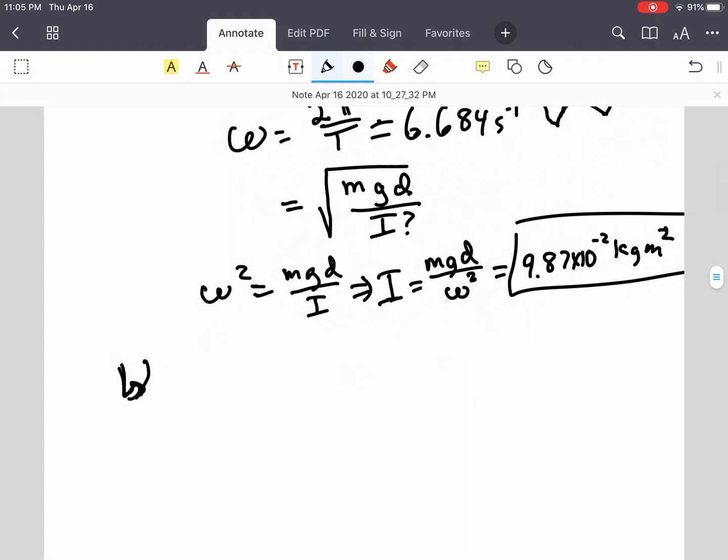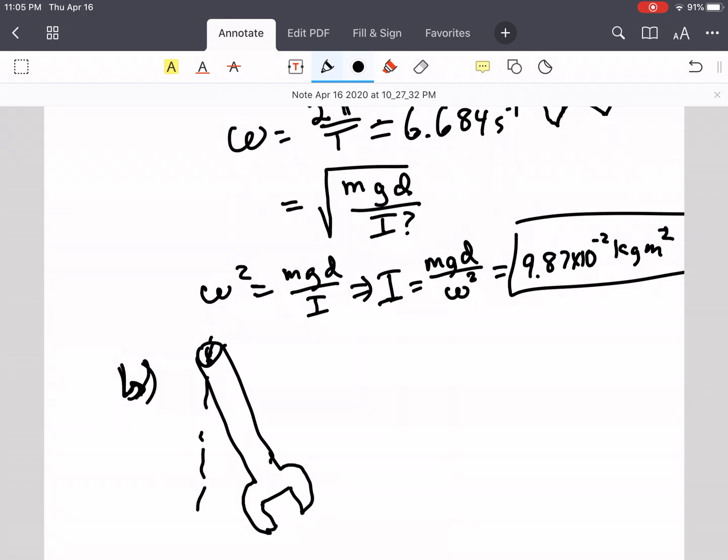Part B says I take this monkey wrench and I start it out at an angle. Let's see if I can draw it better this time. I'll be embarrassed if you guys think I don't know what a monkey wrench looks like. I actually don't know what the monkey in monkey wrench means, but let's assume that I can at least draw something that vaguely looks like a wrench. So here we go. Here's my slightly better artist impression of a wrench that looks kind of more like